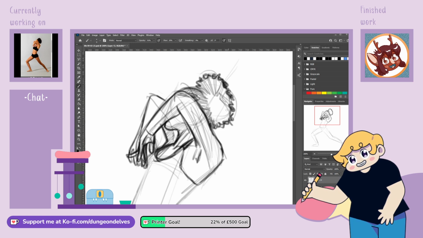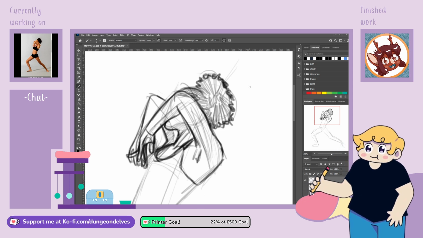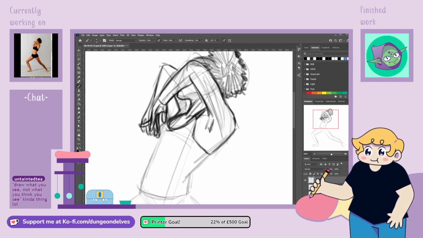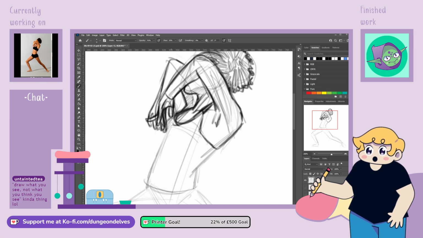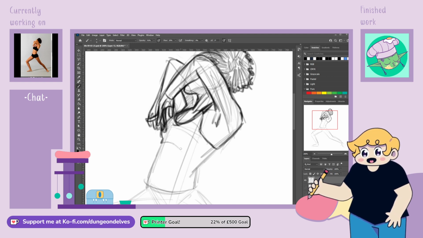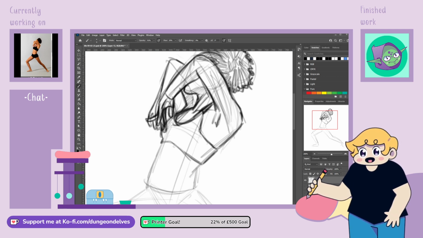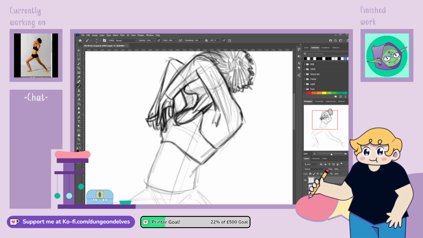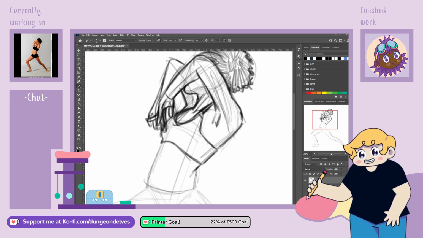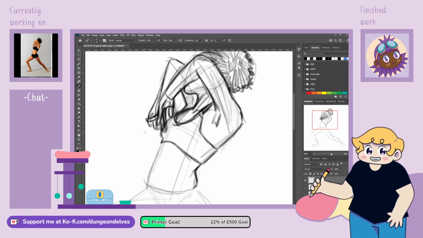Just give it a bit of a shade. And then this arm doesn't have much of a shade. Okay, so the fingers are just over where the chest is. And then we've got a nice curve. This is about halfway down this top line here, so I think I'm still on point for my anatomy, more or less. And then she comes in soft here. Got the light that curves,